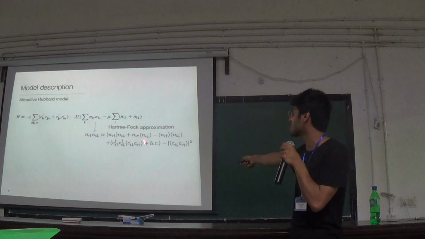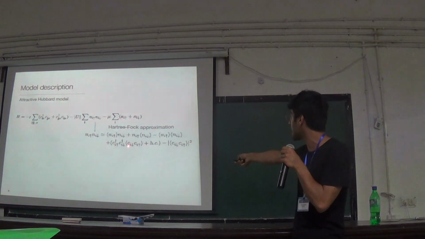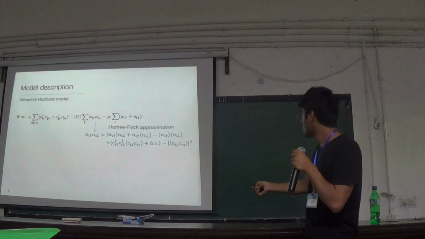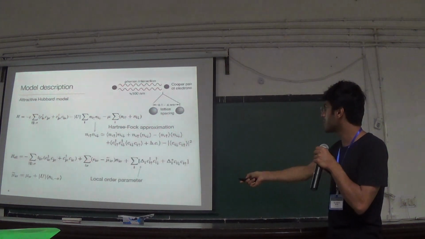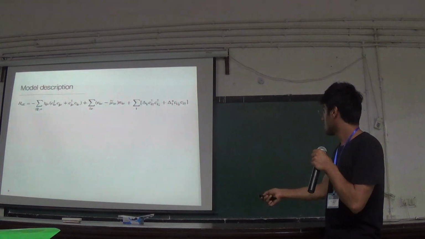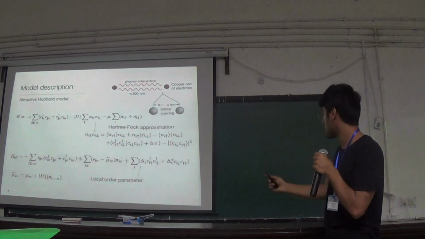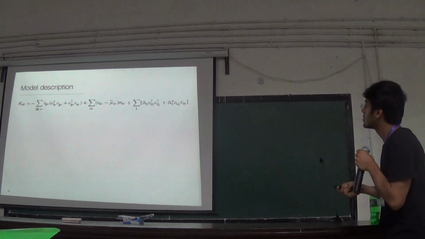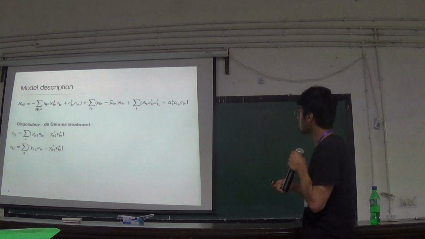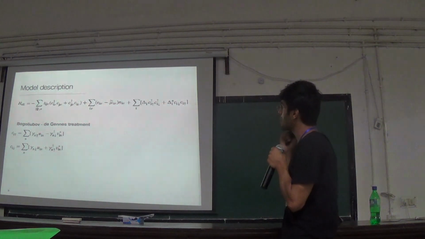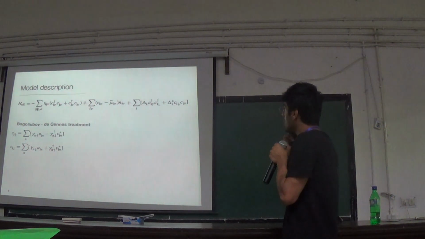That's how the order parameter is also defined. Something related to this and the conjugate part. So you write down the effective Hamiltonian, with this defined as the order parameter, which is related to this part. Okay, so you start with this Hamiltonian, and then there's this approach by Bogoliubov-de Gennes.